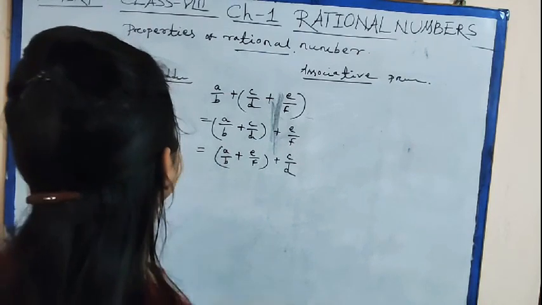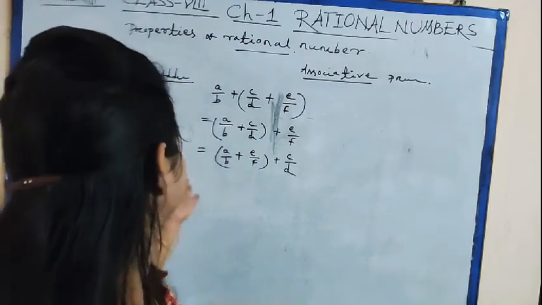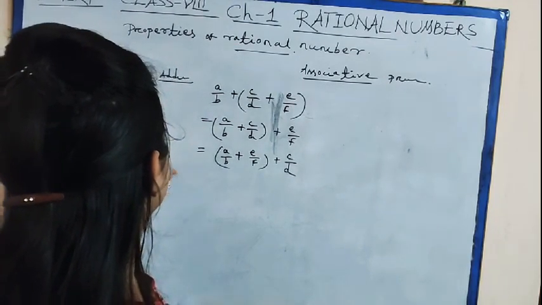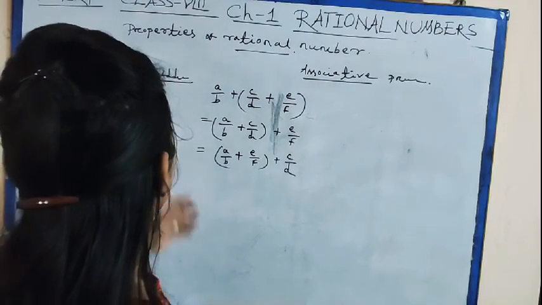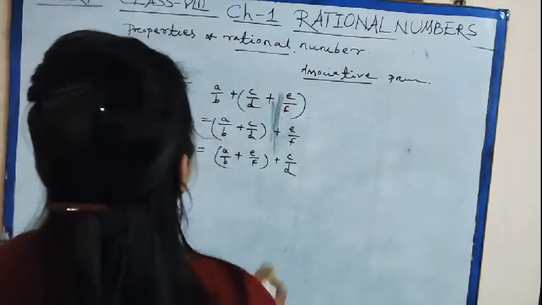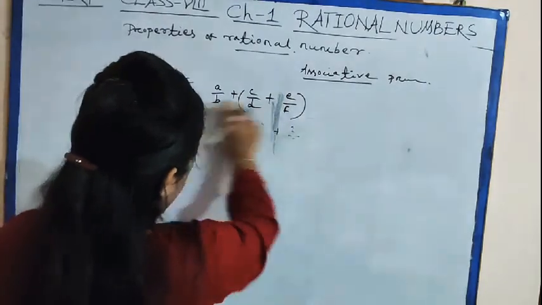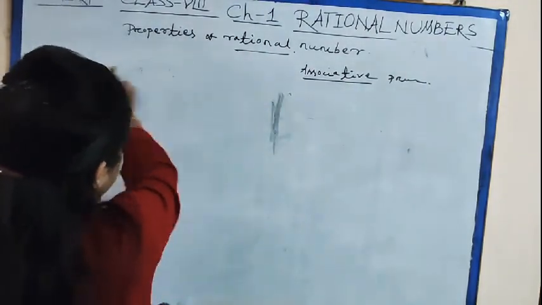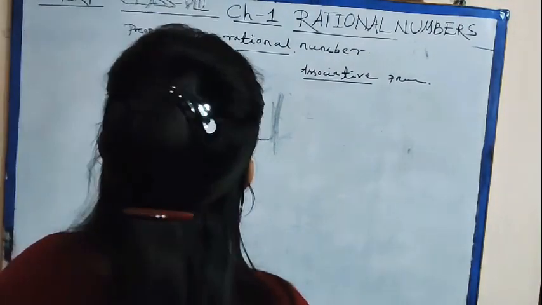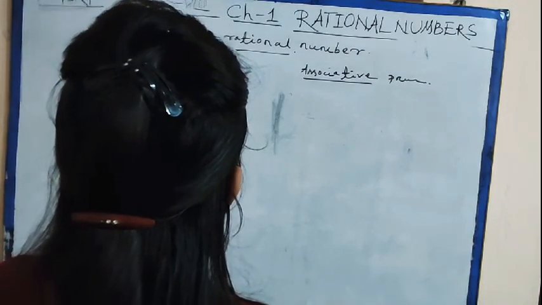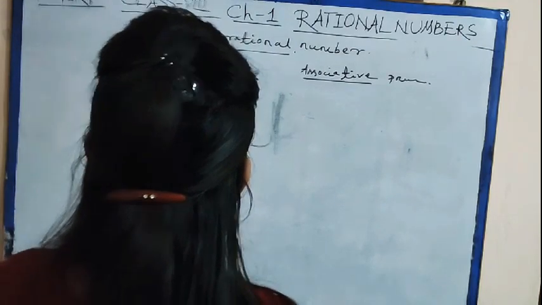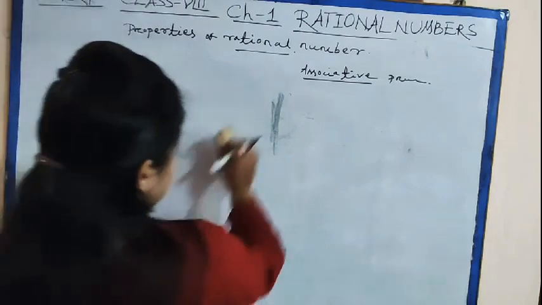Okay, you check yourself, and I will only tell whether it is under associative or not. Okay, addition and multiplication are under the associative property, but subtraction and division are not under the associative property. It is your task, you will check. Okay. So which operations are under the associative property? Now, addition and multiplication of rational numbers are under the associative property, and subtraction and division of rational numbers are not under the associative property.